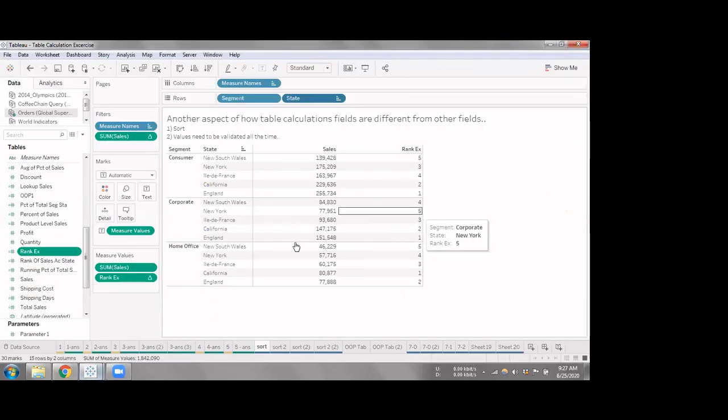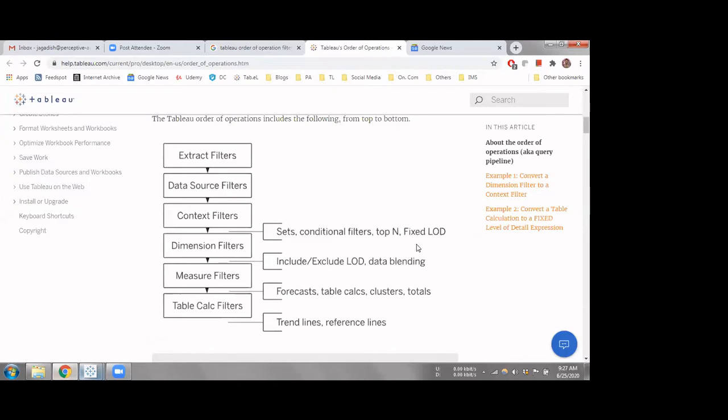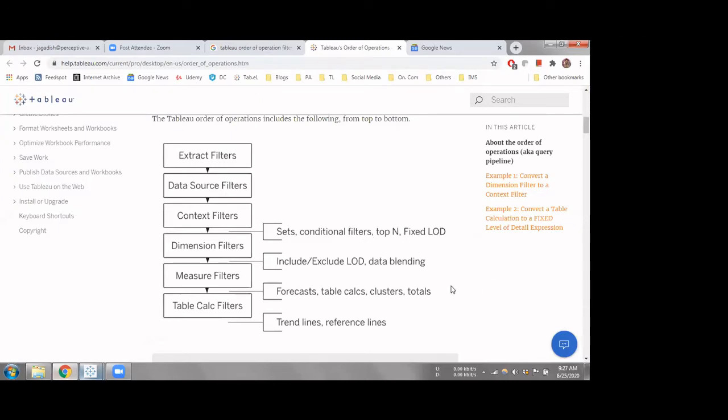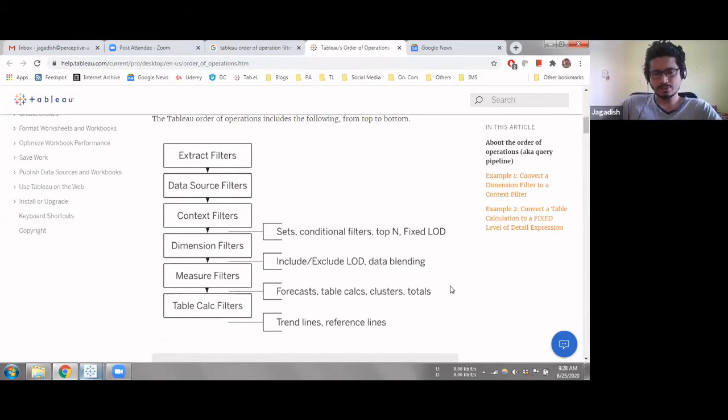Got it. Yeah, this concept keeps coming back every time. Yes, Jagdish. It's because of its pervasive nature, and if you want to become an expert in Tableau, mastering this order is critical, because it goes into understanding why Tableau behaves in a certain way. Basically, this was required because a machine cannot perceive in what order each person using Tableau wants the operations ordered.